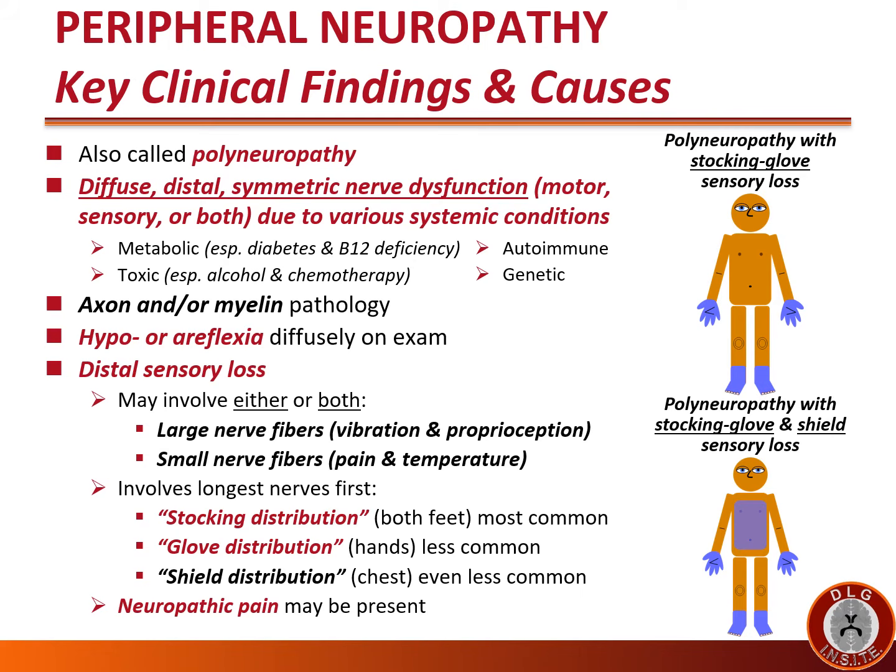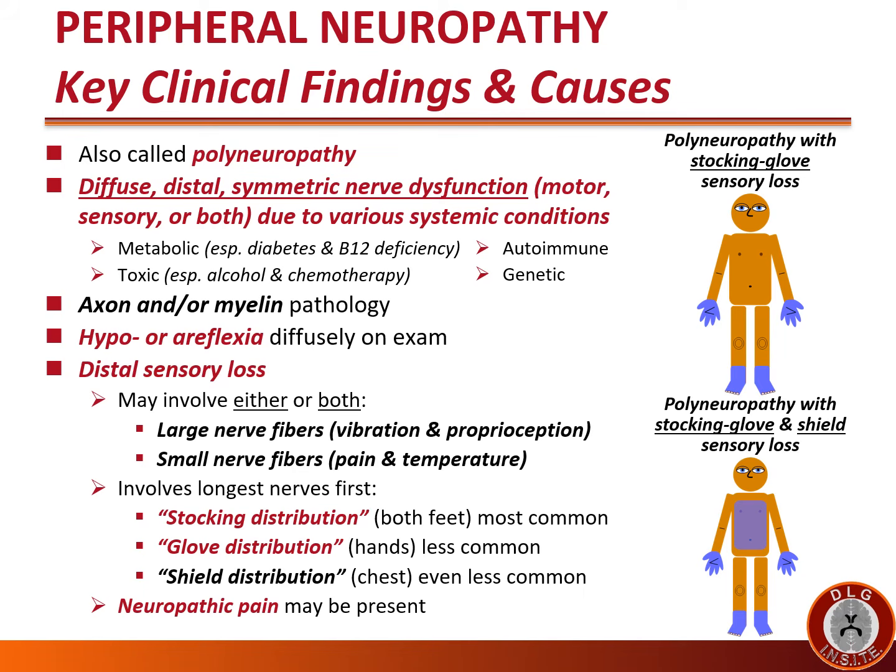Peripheral neuropathy or polyneuropathy is diffuse, distal, symmetric nerve dysfunction that can be motor or sensory or both due to various systemic conditions, such as metabolic conditions, the most common of which would be diabetes mellitus and B12 deficiency, or toxic conditions such as alcoholism and chemotherapy, autoimmune disease, or genetic diseases. One can have pathology in the axon or the myelin of these nerves, and different diseases cause problems with different